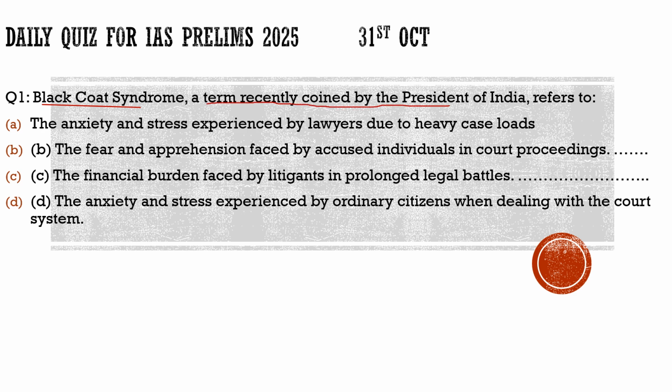The reason for that is, let's discuss a little bit in detail the topic which was in the news. Actually, it is about the case pendency in our courts, the huge pendency of cases. It is said that justice delayed is justice denied. So in our courts, especially the higher courts, it takes at least 7 to 8 years to conclude a case. There is a huge burden of cases in our courts.